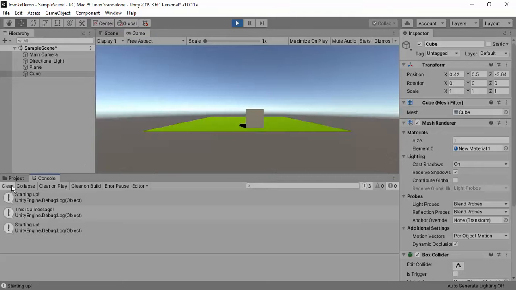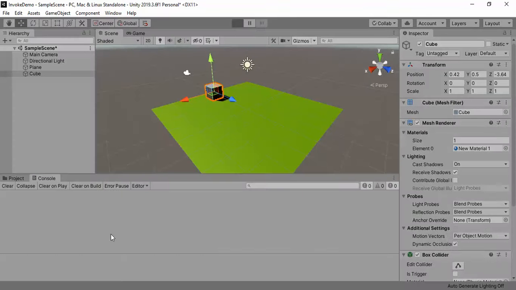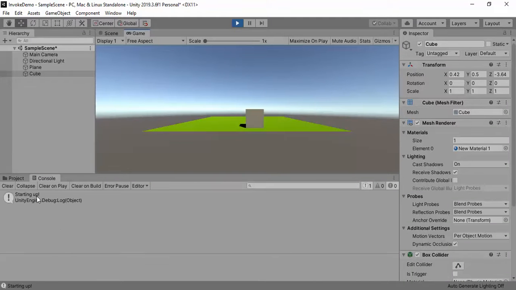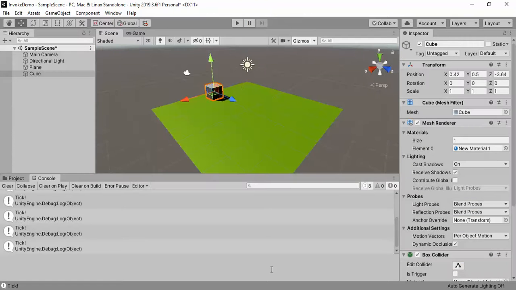And let me clear the console. Tick, tick, tick. You can see it's ticking once a second. Let me stop it, clear it, and run it again. Starting up, so there should be a 3-second delay. Now it starts ticking. So there's the invoke function. Invoke can be used to